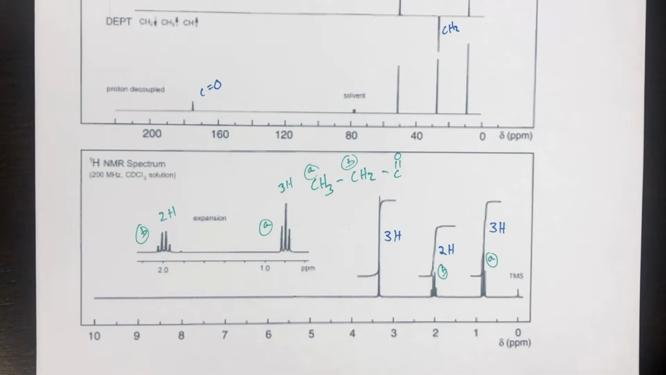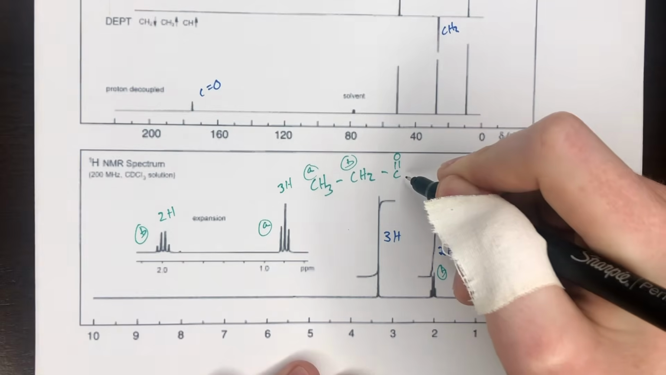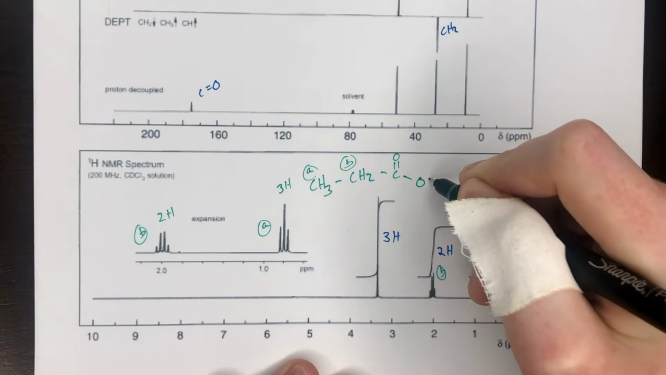And also, since there's no other splitting pattern, splitting nature of the CH2, it's probably bound to the carbonyl, because if it was bound to another carbon bearing a hydrogen, that would cause a different splitting pattern. And then lastly, we see a 3-hydrogen signal that's a singlet, so that must be an oxygen bound to a CH3,